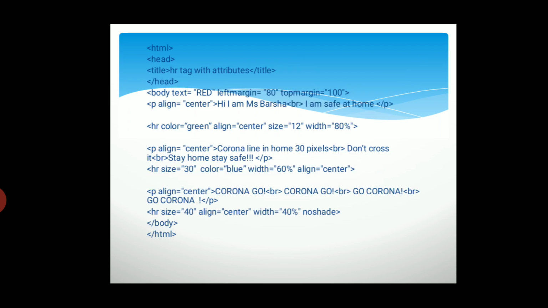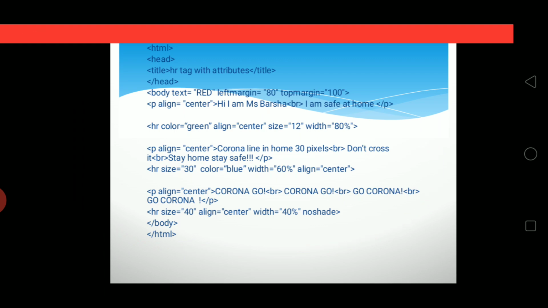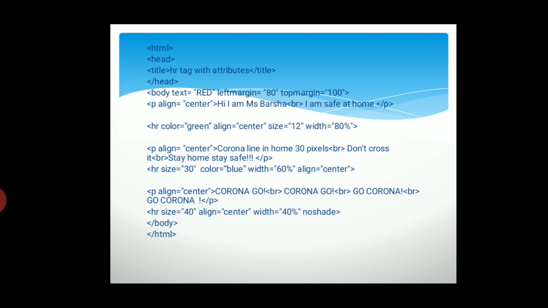So you can see here the code. Here in this code I have used the P tag and the HR tag, and I have used here BR, means empty tags along with the container element. I have used all the tags here. You can see here body attributes text, left margin and top margin. Left margin and top margin mean, like in a web page, how much space you want to give on the left side, and how much space you can give on the top side. These are also attributes of the body element.